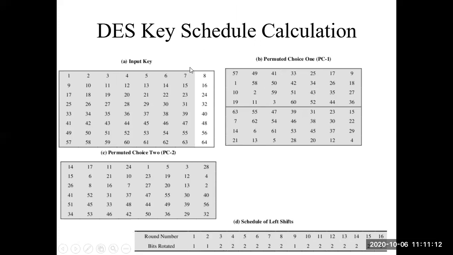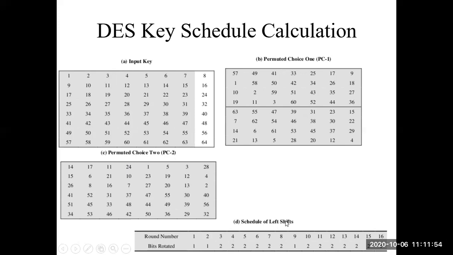Then for the key schedule calculation, the input key will start with 64 bits and in the first permuted choice, you see PC1 is mentioned here. You are just going to eliminate the rightmost column. You will get 56 bits. So the 8 bits of the rightmost column are eliminated from the input key of 64. You get 56. In permuted choice 2, you will eliminate some more values, reducing from 56 to 48. Okay. Another 8 bits you are going to reduce. You are going to get a 48 bit key after PC2.